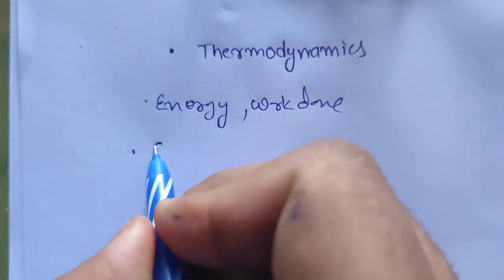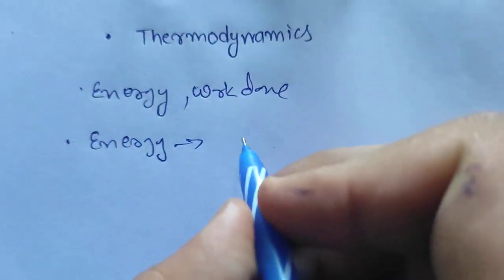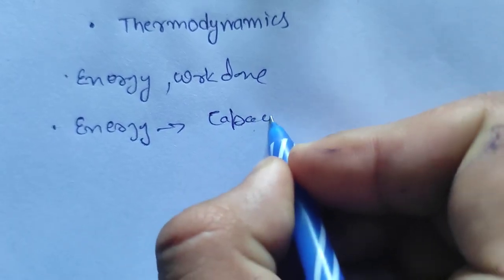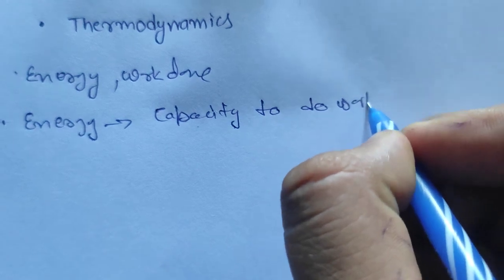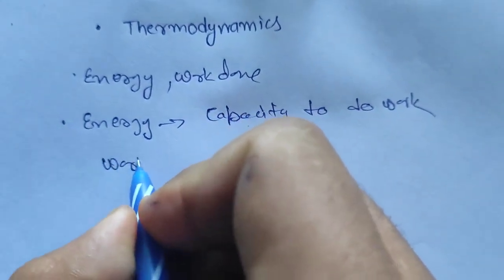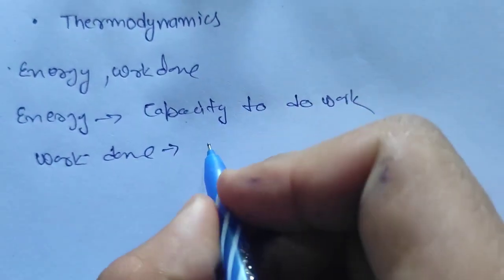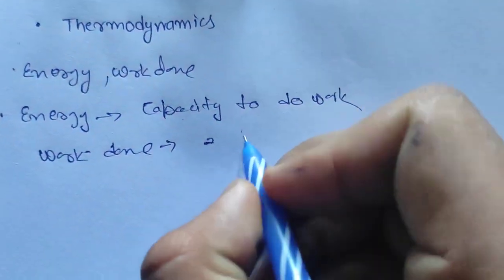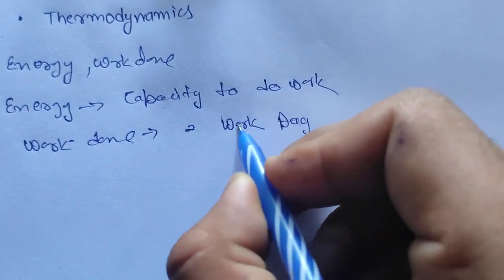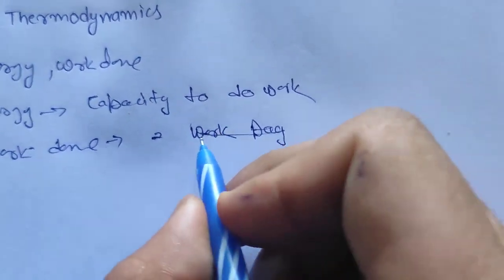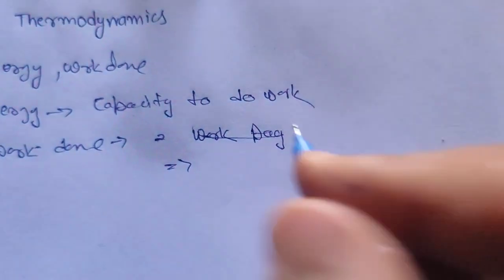So when we understand energy, simple energy is like the capacity to do work. And what is the work done? The question comes to our mind: what is the work done? So the work done, like you can see, work against... we can say that because we talk of the work, a thing against